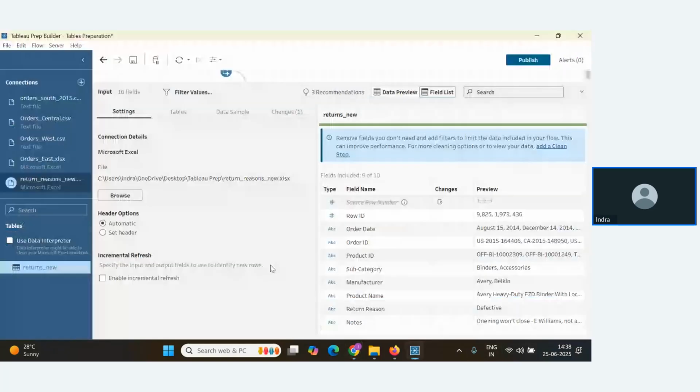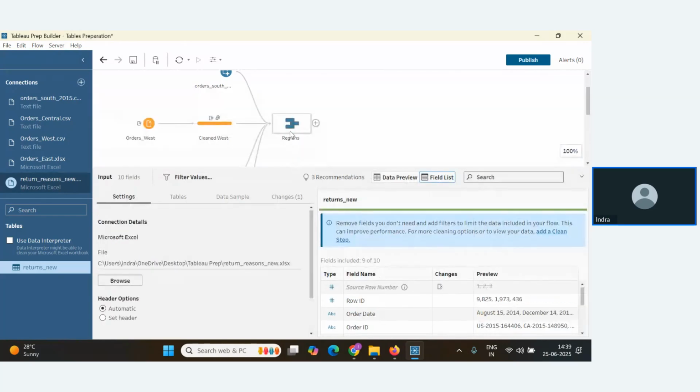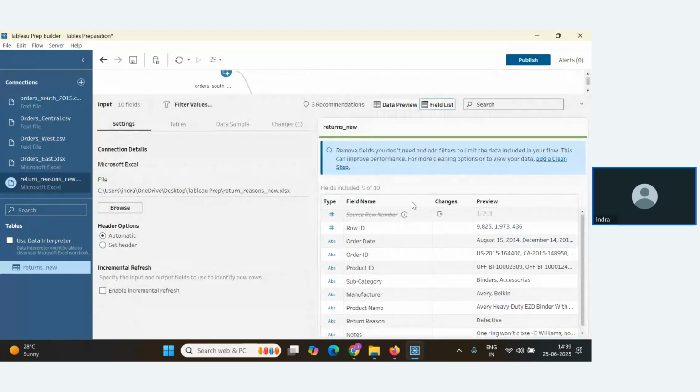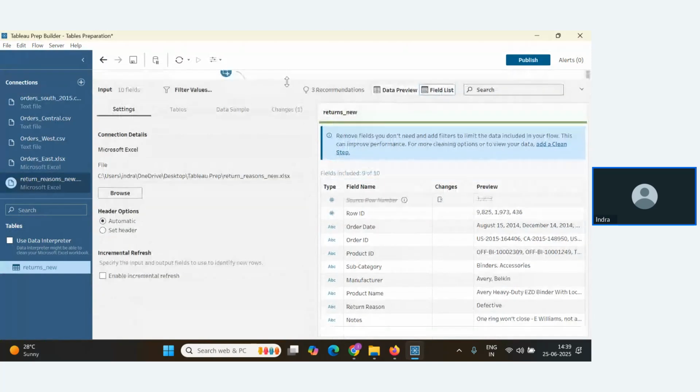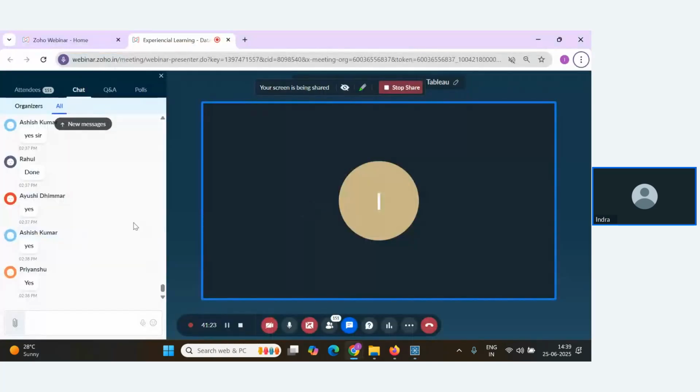Are you able to follow me? I hope yes. Now, tell me, guys, based on the existing region table and this return reason table, based on which field can we join the two tables?